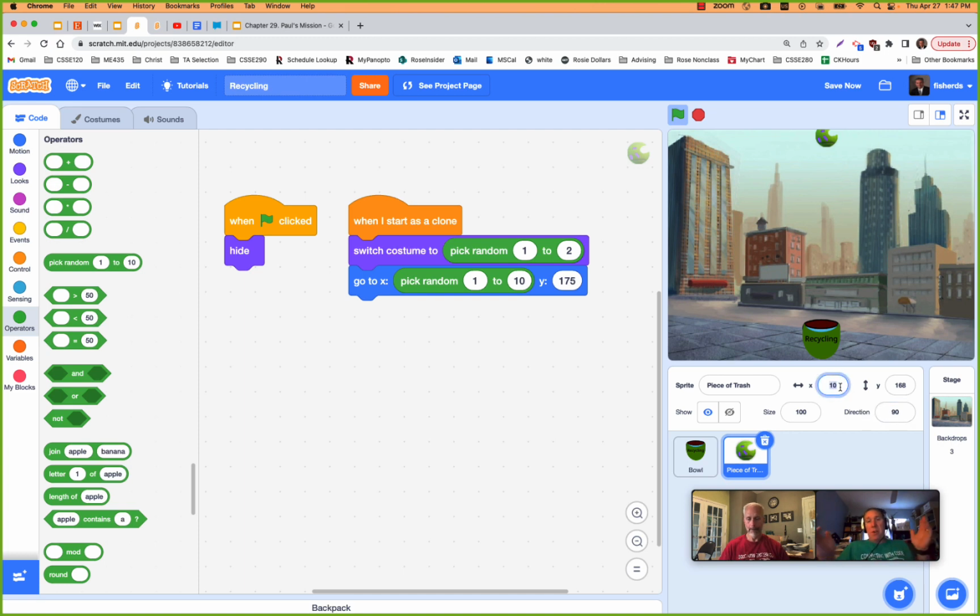You can just try other numbers. What happens if you try 285? Can we see it anymore? It goes way off to the side. Oh, and actually, it looks like it reset your number to 244. So that must be a maximum that Scratch sets for you. If you try to go too high, it puts it at the absolute rightmost spot